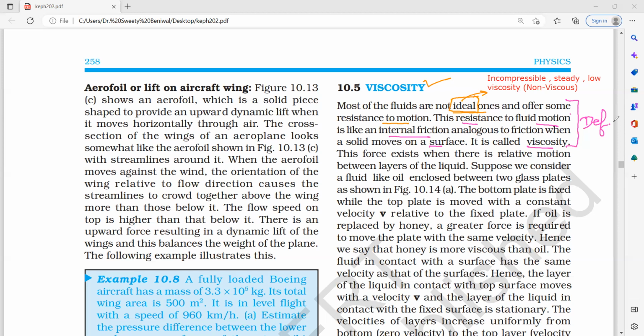This force exists when there is relative motion between the layers of the liquid. Now let us consider,